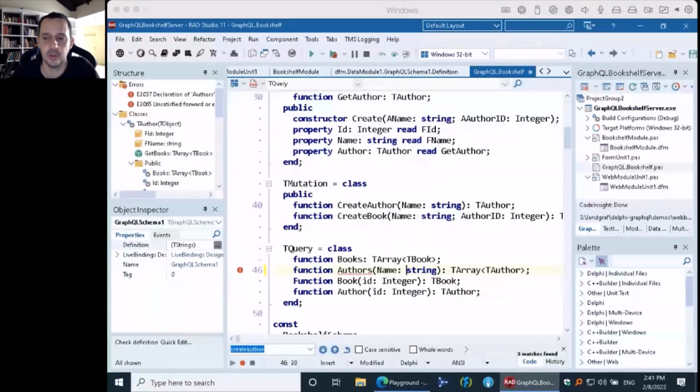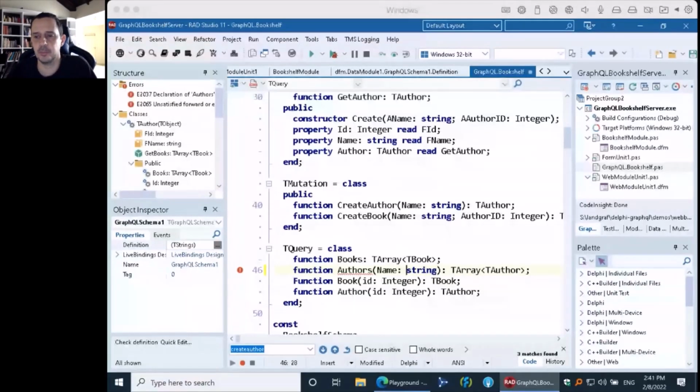How are authentication and authorization handled? This is out of scope of the GraphQL specification. This is about HTTP, okay? So it's up to you to define authentication and authorization, and then you have ways to pass this to the field resolvers, and from the field resolvers, you can return the values based on that.